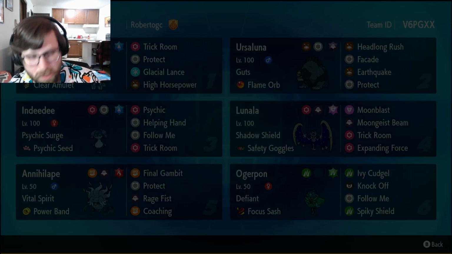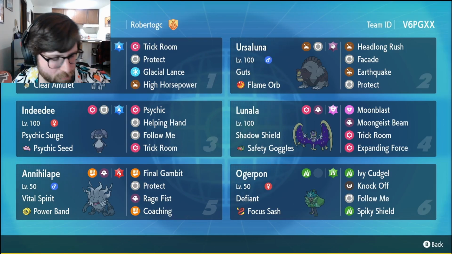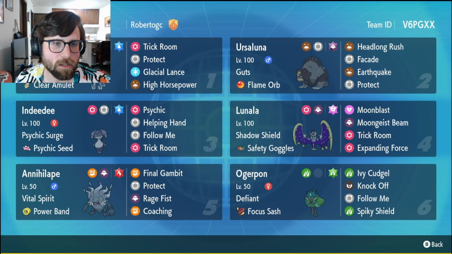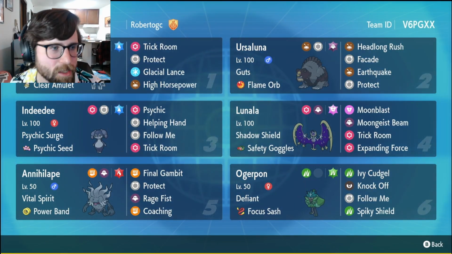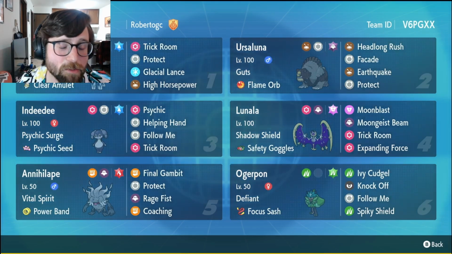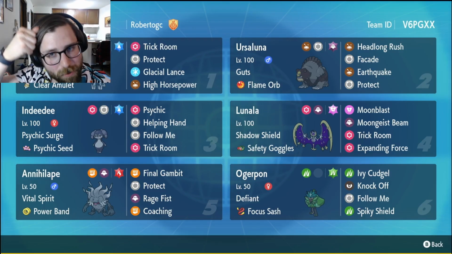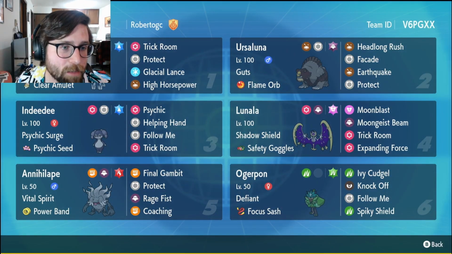We'll find out together. We have Amoonguss with Annihilape, which is a Tapo tech. If you've ever watched Tapo, maybe I'll link his Twitch down in the description below. He's a notable hard Trick Room player, and he, I think, probably popularized Power Band Annihilape or Iron Ball Annihilape or whatever. It's Terrifier, Vital Spirit, not Defiant, which is very important, and in my practice matches at least came up more than once, with Final Gambit, Protect, Rage Fist,